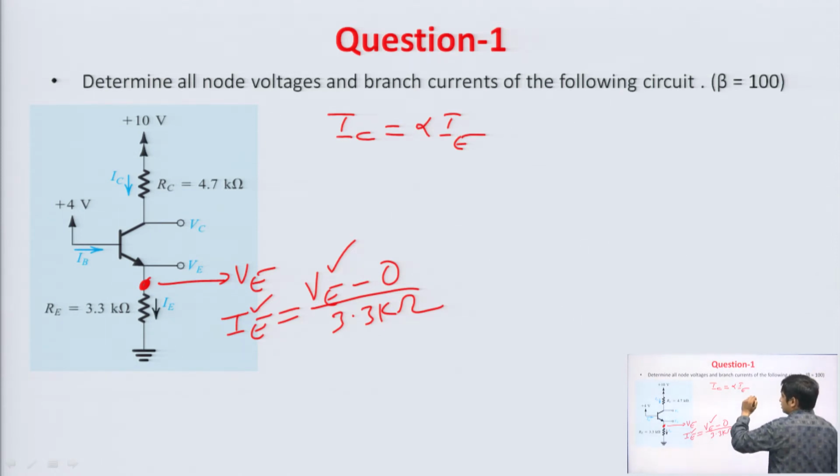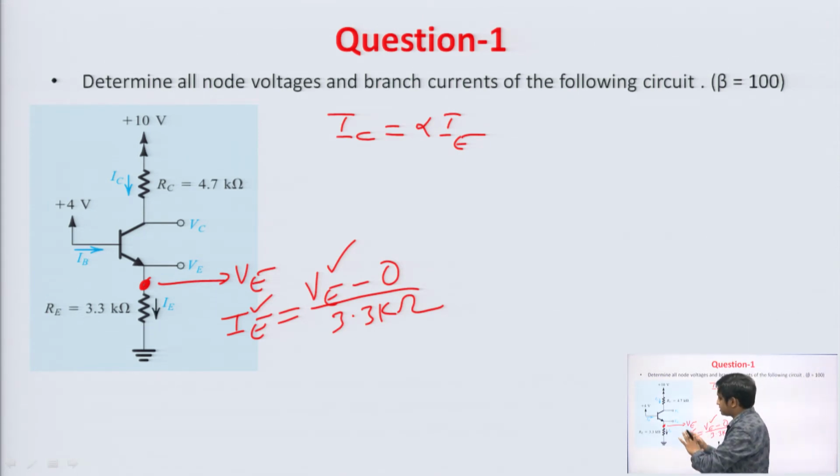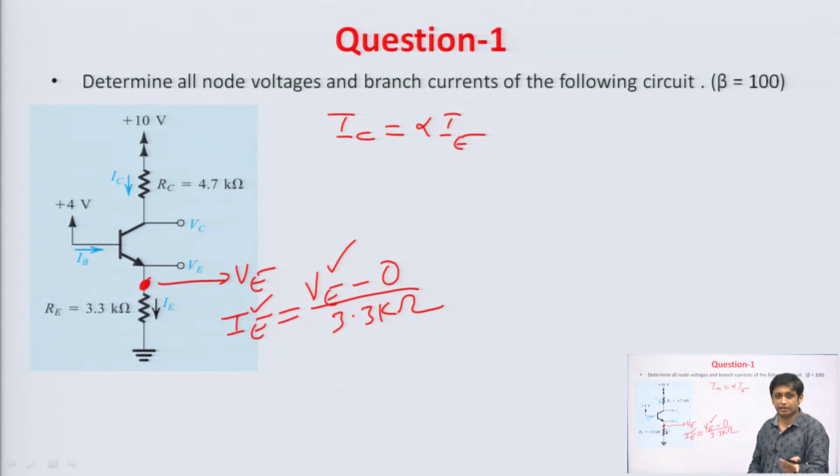Now, in fact, if we observe closely, we will see that the base to emitter junction is forward biased, and the collector base junction is reverse biased, so it is in the active region. But it is too early to say that this transistor is in the active region, because we do not know the collector voltage. Just by observing these things, which will come after practice, we are considering that this transistor is in the active region, and we will verify that also, fine.